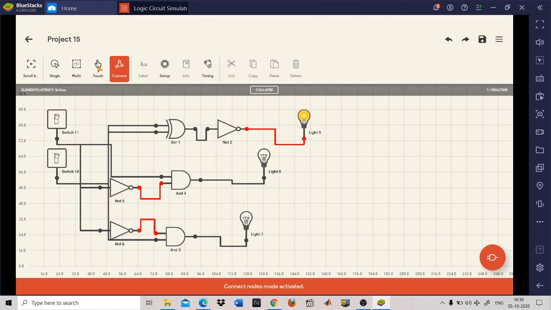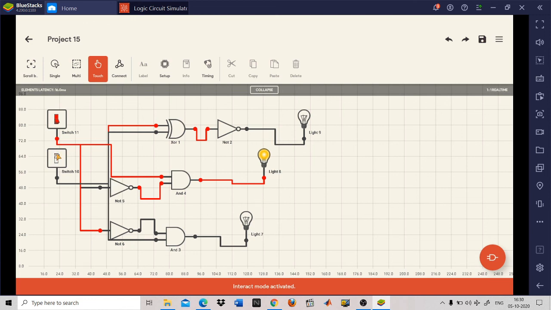For that, click on the touch. Now you can see what is happening. This one is 1 and this one is 0. So this y1 is high because y1 means A is higher than B. This A is higher because you are providing a signal. So when you are providing a signal, it means logic 1, that is plus 5 volt. So this one is higher.